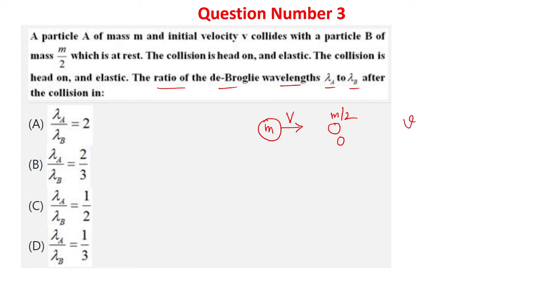So we need velocities v1 and v2 after the collision. Formulae: m1 minus m2 upon m1 plus m2 into u1. Second term was 2m2 u2, but u2 is 0. Initial velocity of second mass is 0, so you need not write second term. And for v2 you had 2m1 u1 last year, work power energy, upon m1 plus m2. So we have to use these two relations.